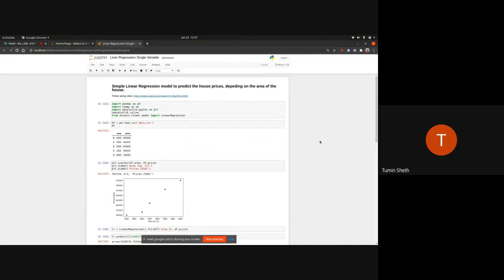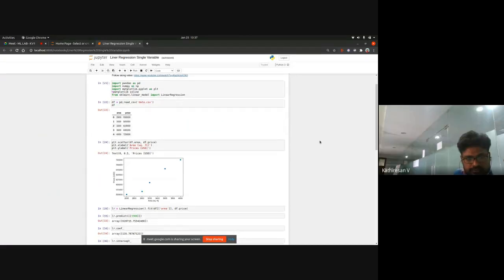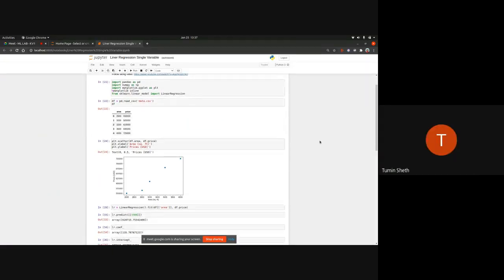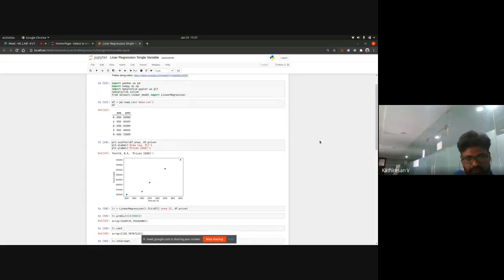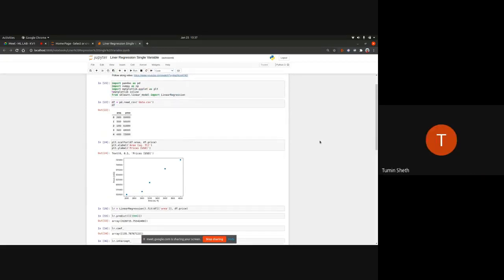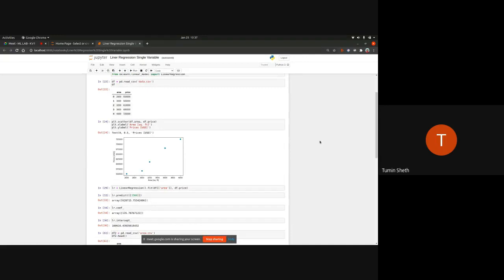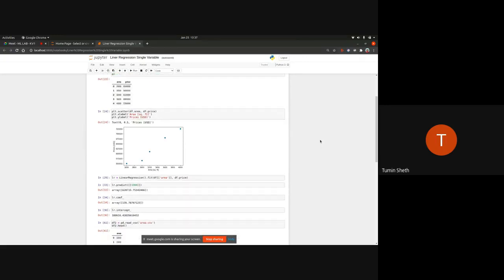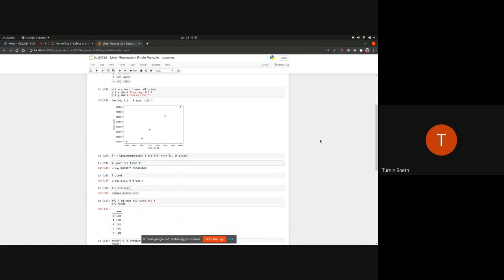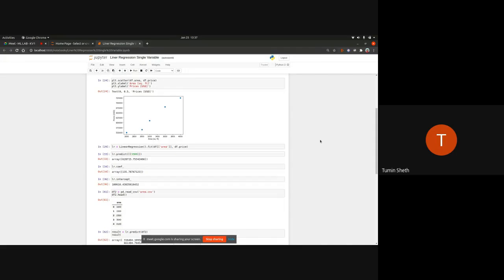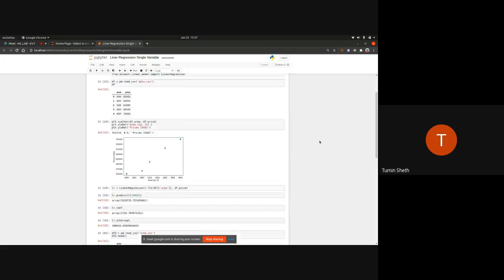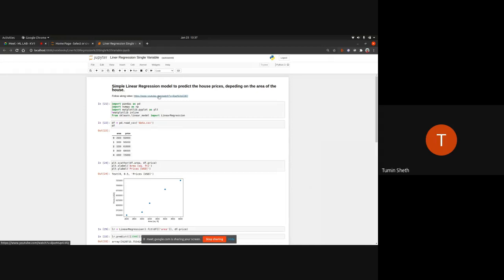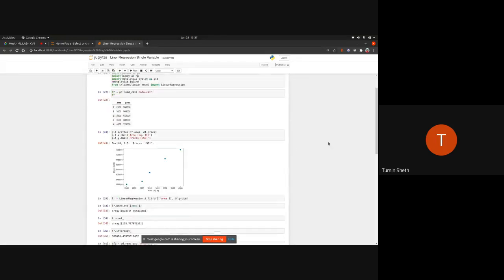So yes, this is it. I'm reading the CSV file. We have the area and the price, and then I'm making the scatter plot and giving the labels, also mentioning the units: square feet and dollars. While doing it, I was following a video on YouTube by a guy who makes videos about how to do data science.